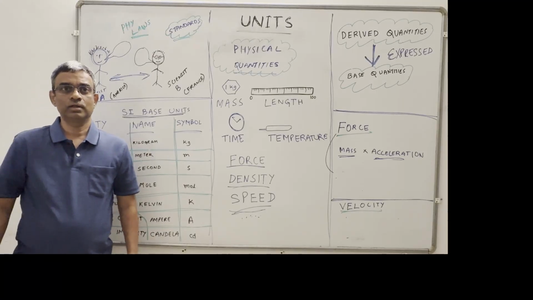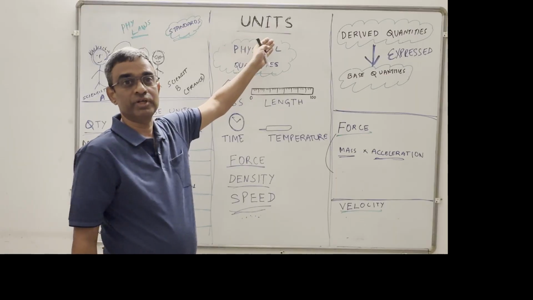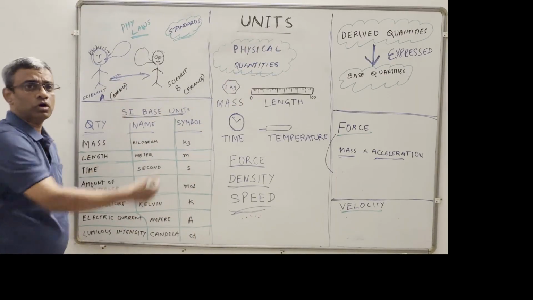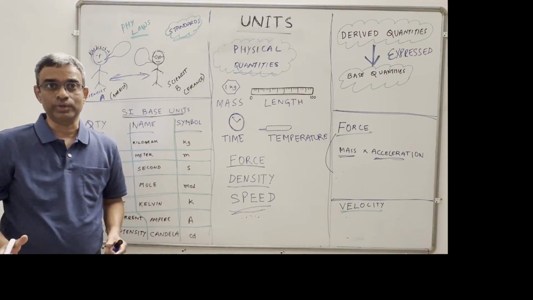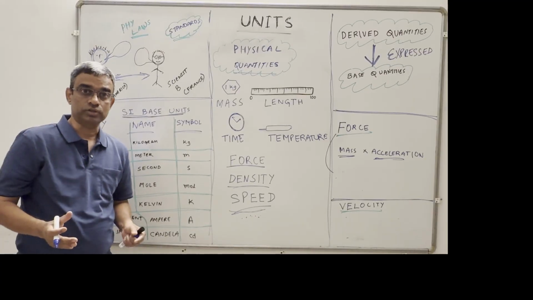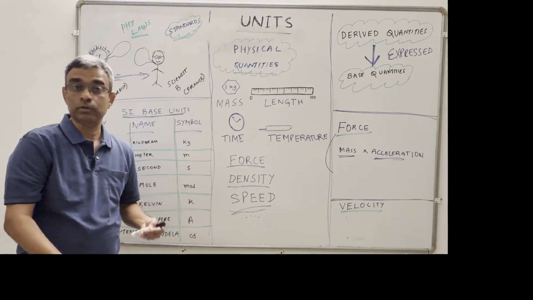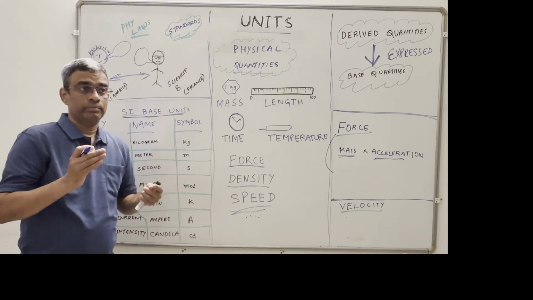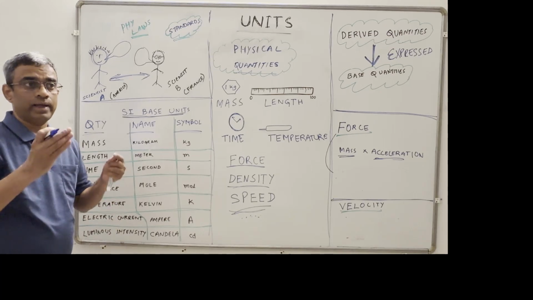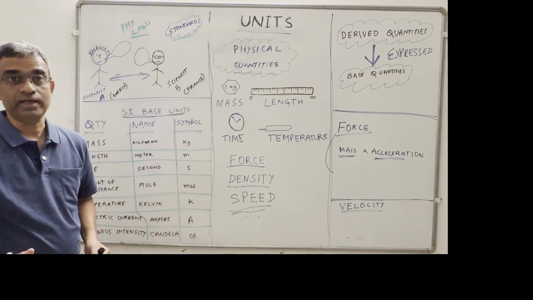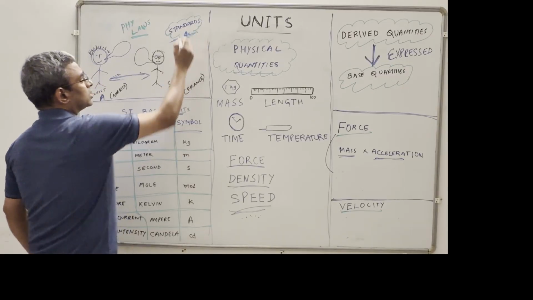Hello students. Today let us look at the units part of the units and dimensions chapter. When physicists talk to each other across the world, they need to have a common language. When describing physics laws, they may be comparing quantities that they have measured or calculated. To be able to make sure that they understand each other, all the terms and the units of measurement have to be standardized. So there is a need for standards to be able to communicate.